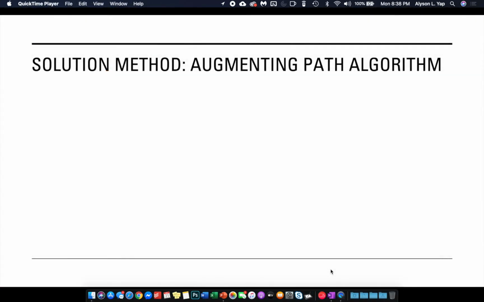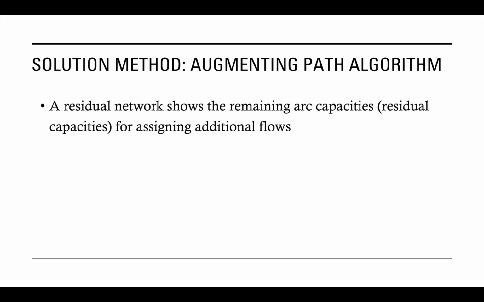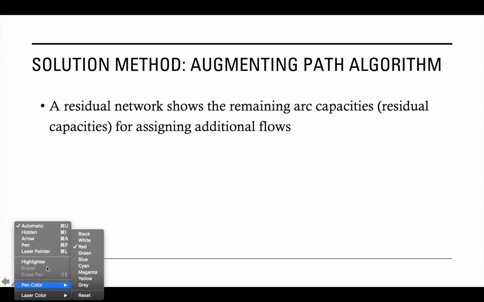The solution method for the maximal flow problem is called the augmenting path algorithm. Before I show you the algorithm itself, let me first define and discuss certain things that we need to understand, so that we will be able to understand the algorithm. First, a residual network shows the remaining arc capacities, or what we call residual capacities, for assigning additional flow. What do we mean by this? For example,